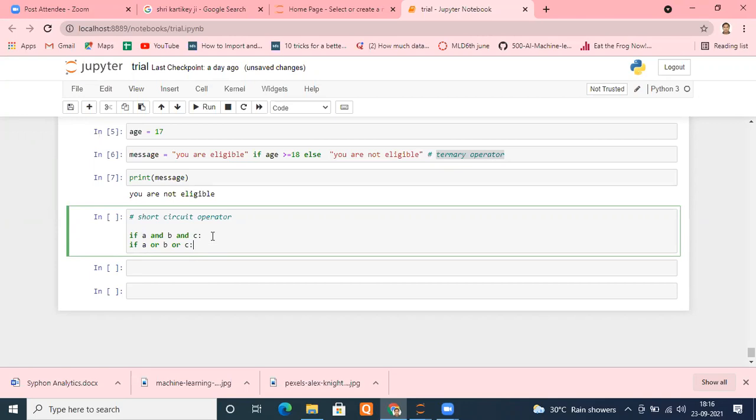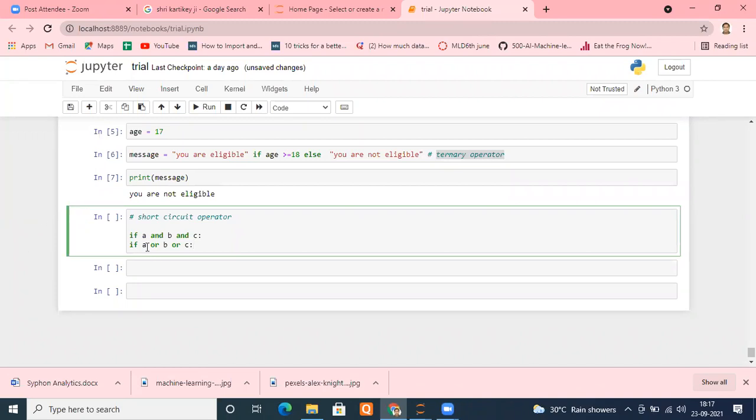If suppose A becomes 1 or true, what will be the output? Will it evaluate B or C or not? If A is true, no, it won't evaluate. Remember, what is the OR operation? Even if a single one is true, your output will be true. To save your precious time, Python has done this. Why calculate further?